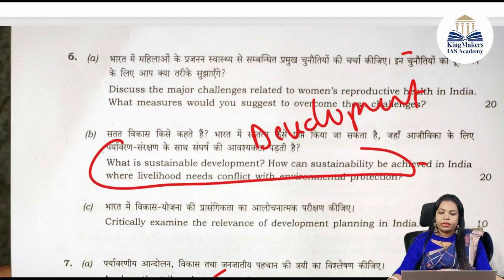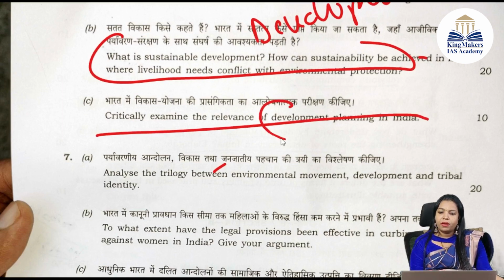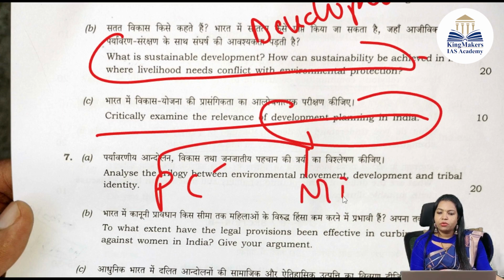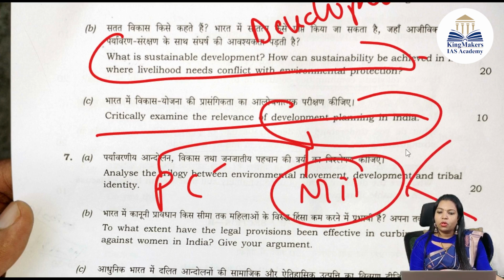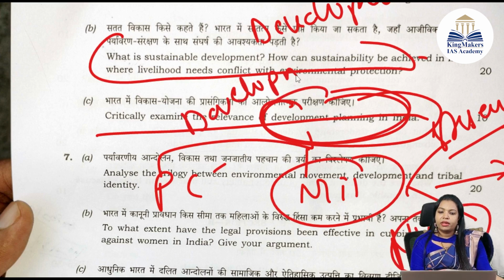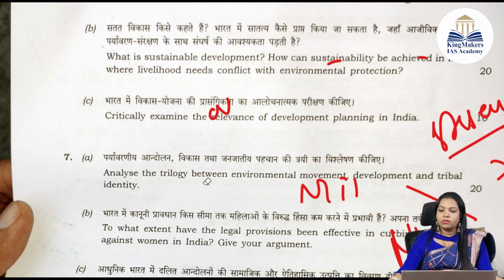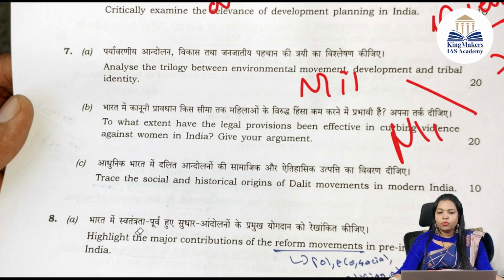Okay. Next, critically examine the relevance of development planning in India. Development planning, you can say Planning Commission, Niti Aayog. Relevance of development planning will give you a lot of assessment. When we do development planning, first we plan in the development aspect, then assessment would be there. Niti Aayog is doing that. All these aspects you have to say. For development, planning is very important. So five-year plans and so on you can mention, because it is there in our syllabus, and connect the economy part also. Okay. Next, 7th one, analyze the